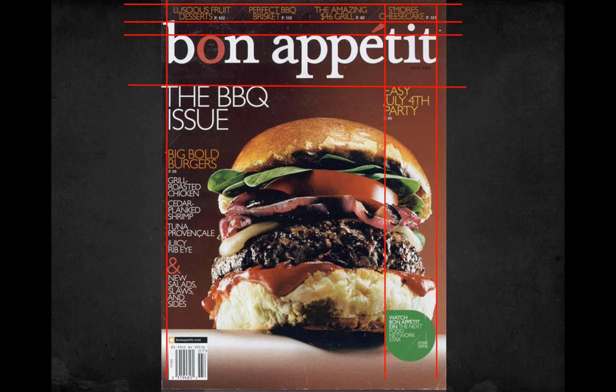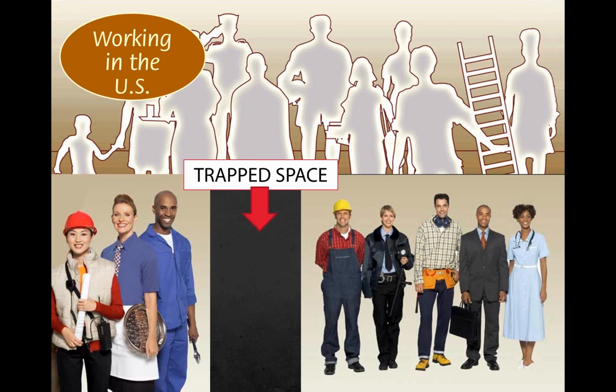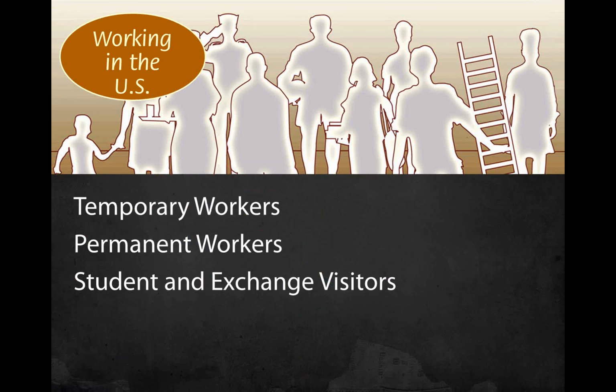So let's look at some issues with negative space. One problem is having trapped space. So it's better to work from the center out than from the outside in. If you put things around the edges, you can come up with awkward trapped space. It just isn't that aesthetically pleasing. That would be a solution. Just take away some of the graphics.